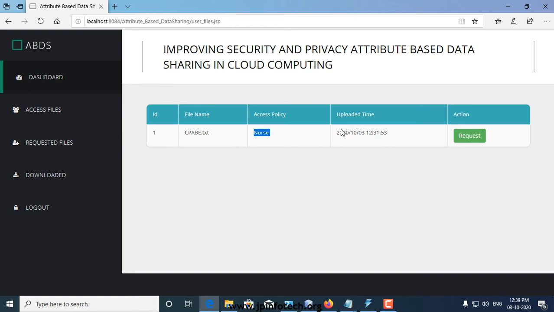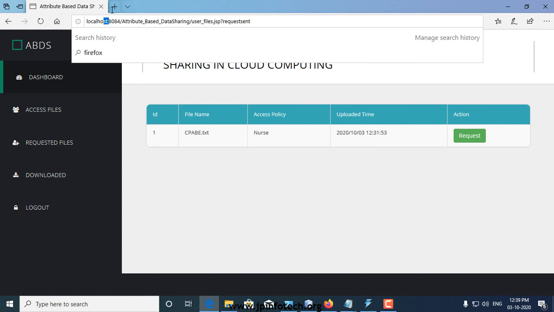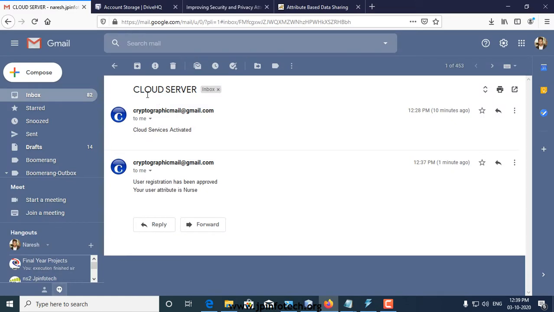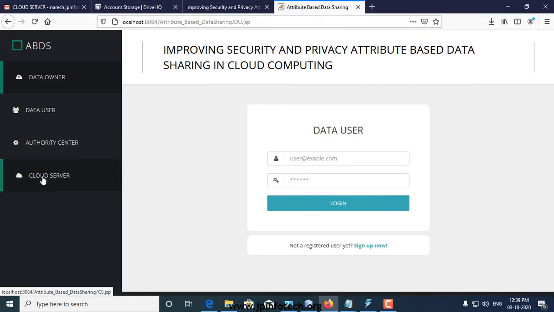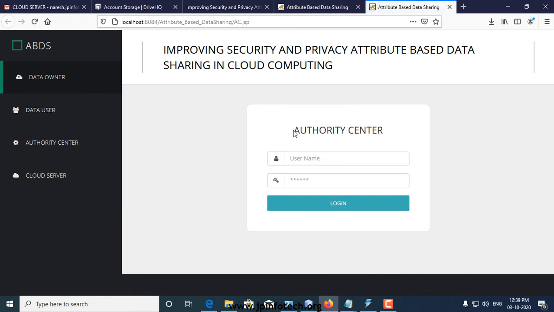Now the user is going to click the request button, and then the request is sent to the attribute authority. Authority center.